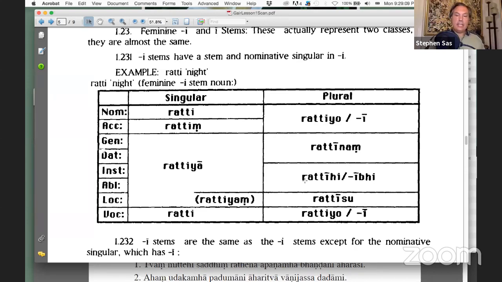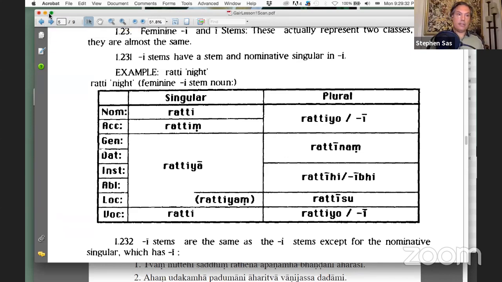Also, ratihi, which is the instrumental and ablative, we had in our short A the ehi, and this is ihi. So there are family resemblances. This is not just out of the blue. And so we're going to have a closer look at this on Wednesday or Thursday for you, our next class.